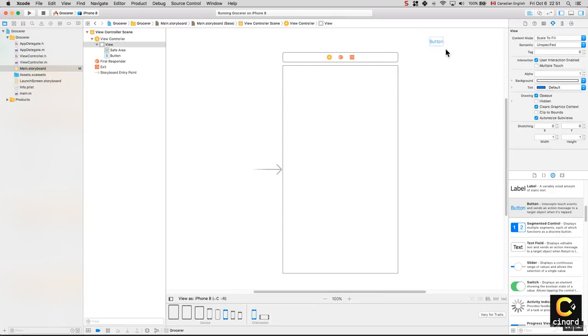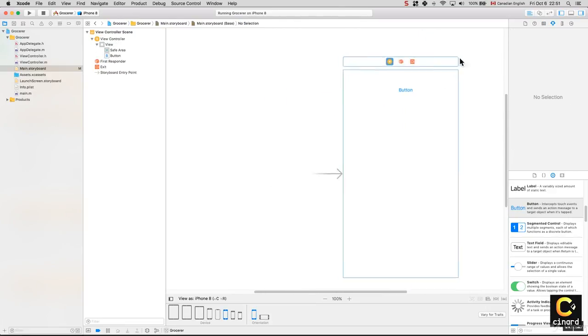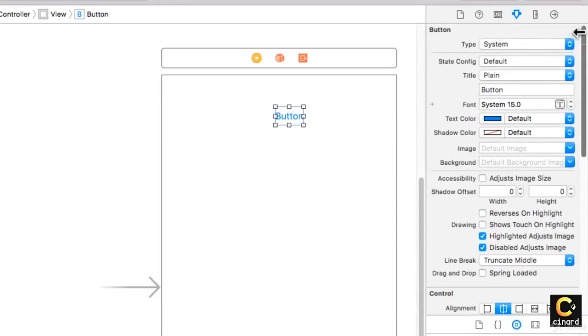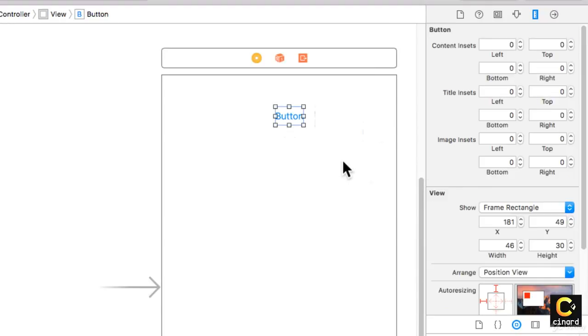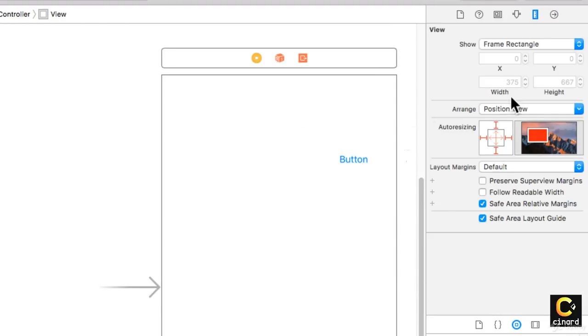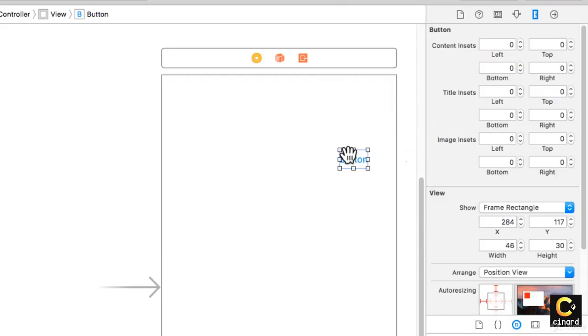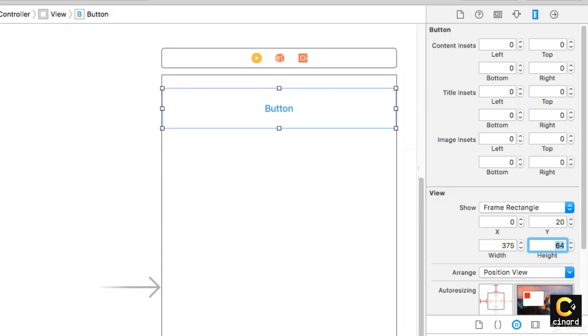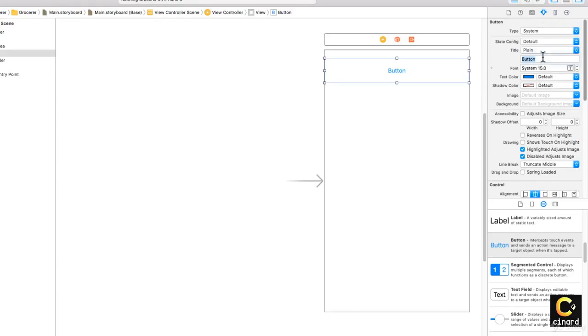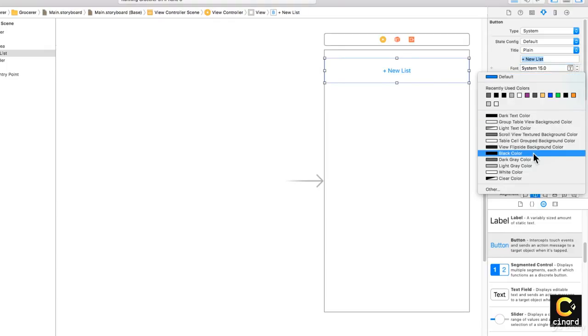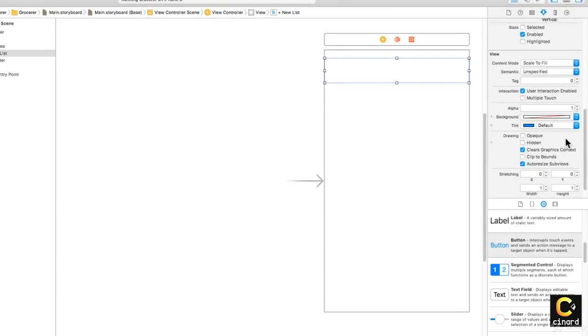This button, if I can zoom in for you guys a little bit more, is better. The size of my view is 375, so I'm going to remember that. And my button is at 0, 20, 375, and maybe 64. I like it to be saying plus new list, and its text color is white, and I've got a background